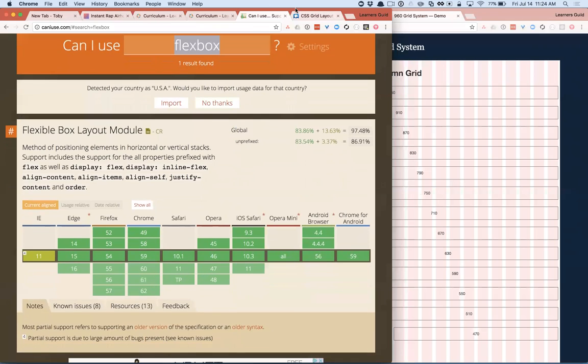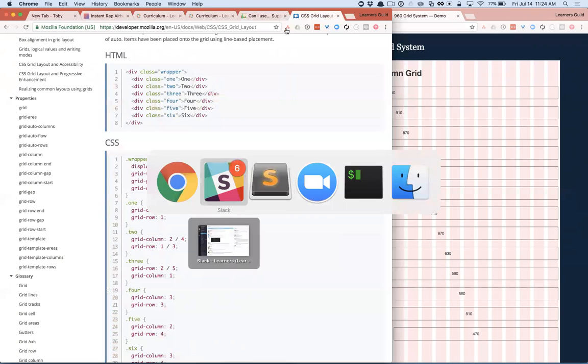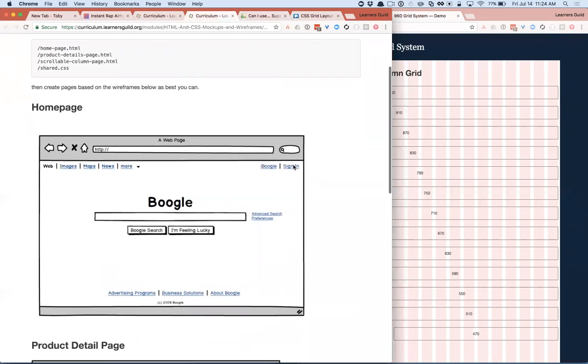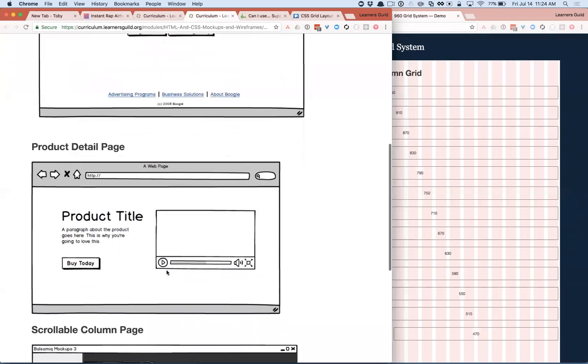Cool. So does that cover what you wanted to cover? Or do you want to go through implementing the grid? What's that? Or did you want to implement the wireframe? That would be cool. Okay. If not today, then a lecture on implementing the wireframe. So yeah, other than actually going through the HTML and CSS that I would write to accomplish this specific wireframe, is there anything about the meta implementing of a wireframe that you have more questions about?